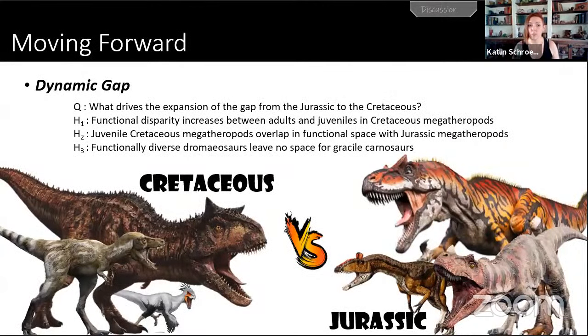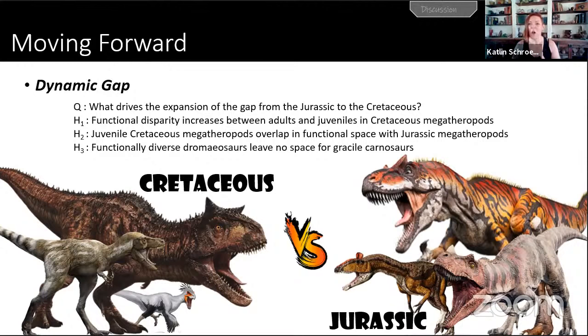So this is actually a project that I am currently working on with some collaborators from the Smith Lab, where we're attempting to look at functional diversity. So instead of looking at just morphological diversity, we're actually taking a lot of that morphology and translating it using science from other authors that have shown this morphology tends to relate to this function. We're actually going to take that function and compare how different the Jurassic and Cretaceous carnivores are, and try and see where juvenile megatheropods compare functionally to adults of species of all sizes.